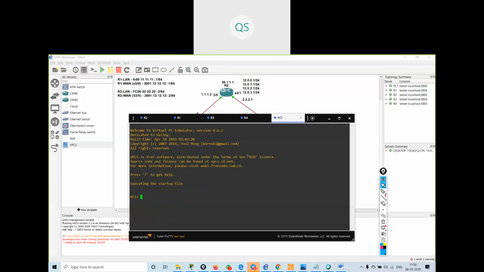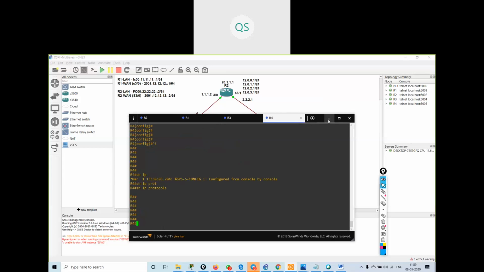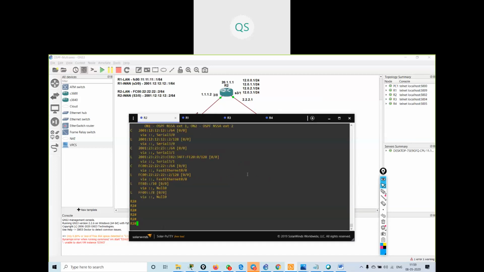I will say interface connect 0. So this is my R2 and this is my R1.